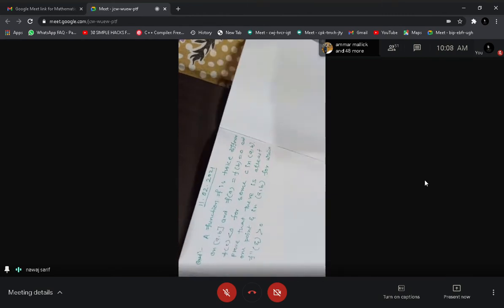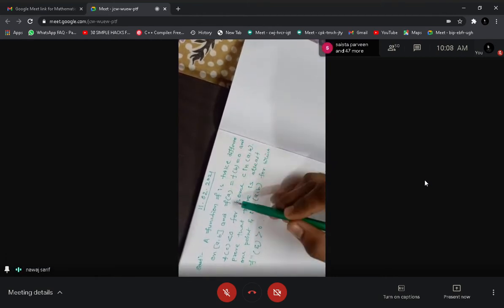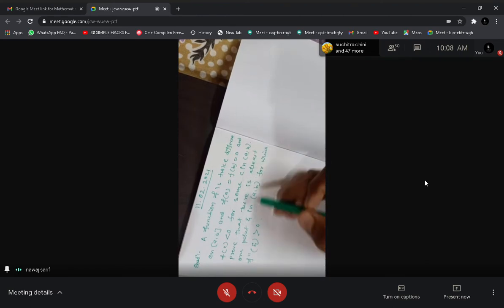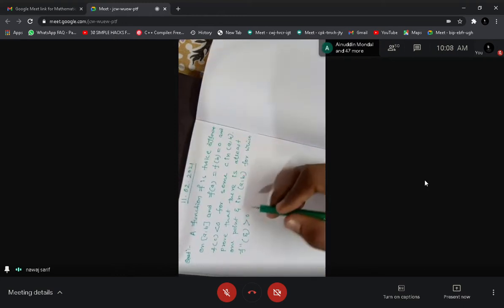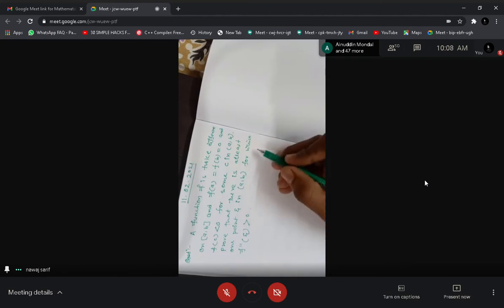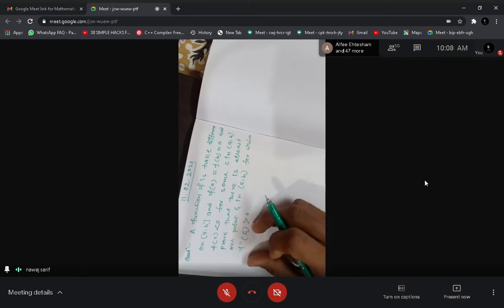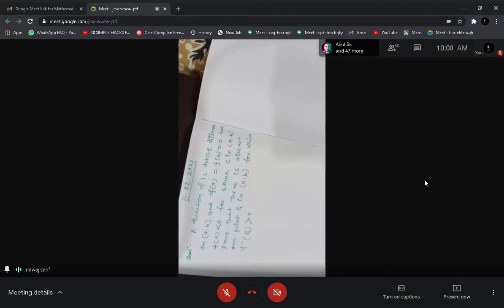Okay, so do you understand what this question tells us? First of all, you have been given a twice differentiable function f, and f(a) and f(b) both are 0, and in the open interval (a,b) there exists a point c for which f(c) is less than 0. Then you have to prove that there exists at least one point xi in this open interval such that f double dash xi is positive. That means the double derivative of this function at xi, any point in this open interval.